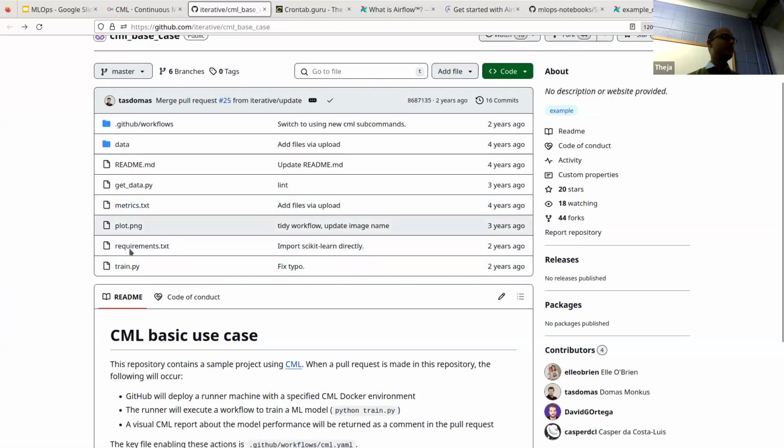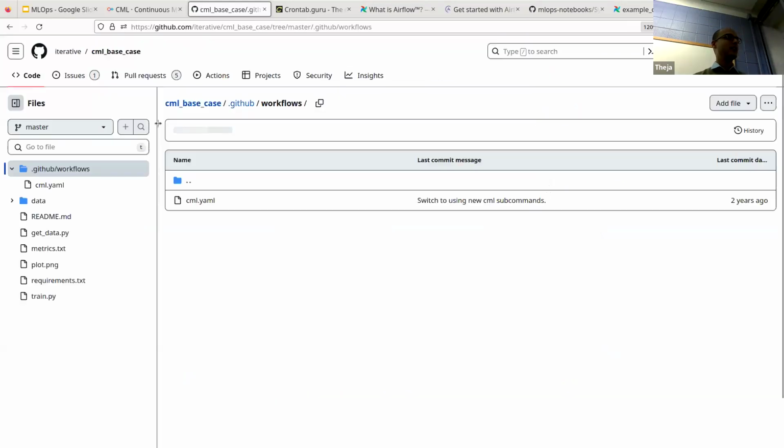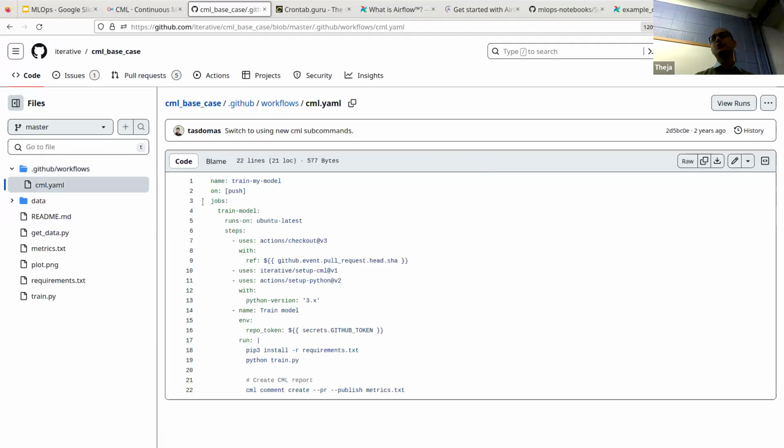And the other files are just requirements.txt, and some other files are also logged here, metrics and plot. So the key thing is there's a folder called .github, within which there's a folder called workflows, within which the CML tool can be used. Okay, this tool works with GitHub as well as other vendors, Bitbucket and others that you saw on the main website. So this is exactly the thing that we saw on CML's webpage.